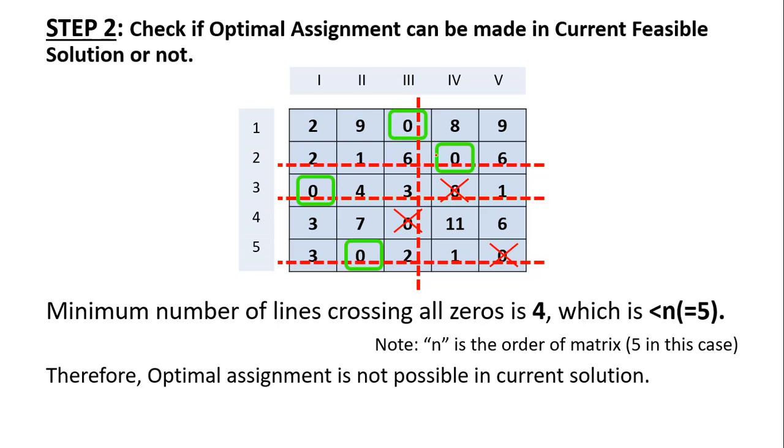Similarly in the second row, similarly in the third row. In the fourth row we can see there is one zero, but that zero cannot be considered because in that particular column already a zero has been marked, so we cannot consider that zero. So moving on to the fifth row,